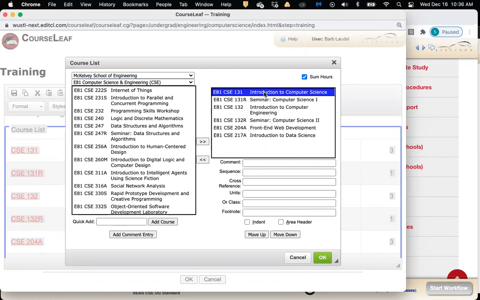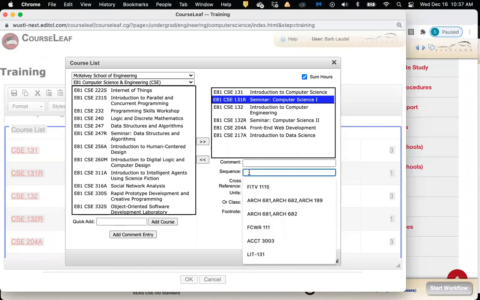And so let's say for my CSC 131 course, I want to make a comment about this course. And let's say that comment is spring only. So this comment only correlates with 131. For 131R, let's say I want this as a sequence course, so they have to take this in conjunction with something else.